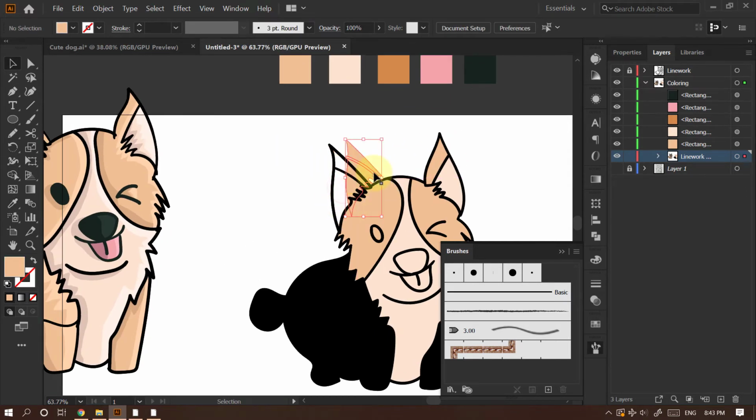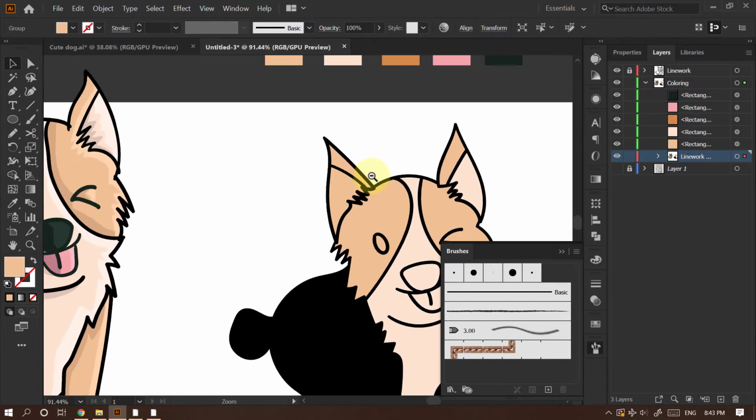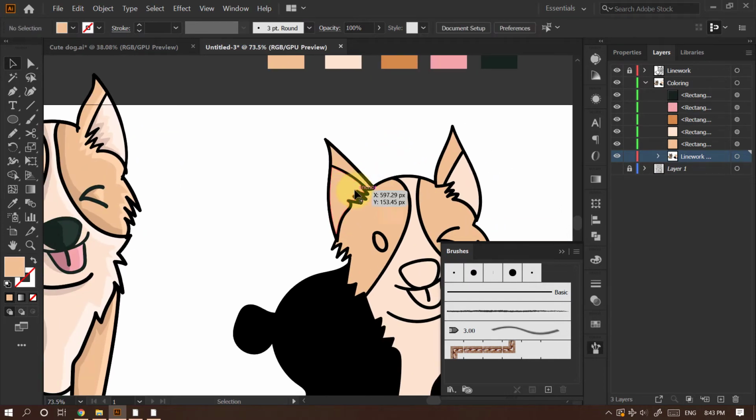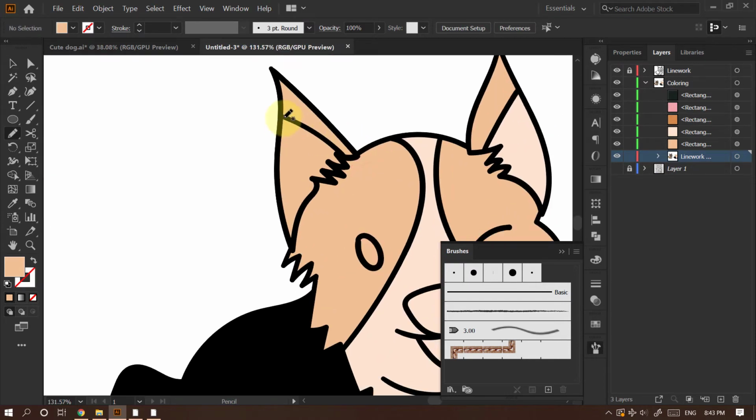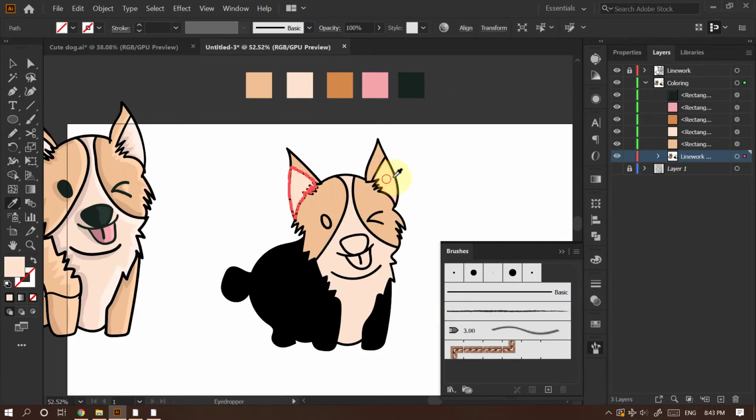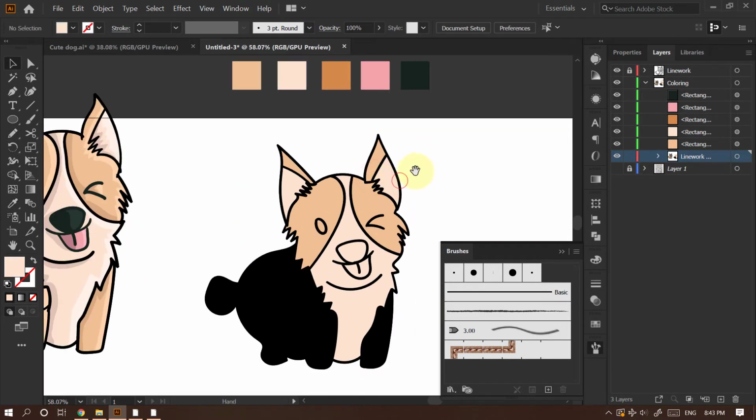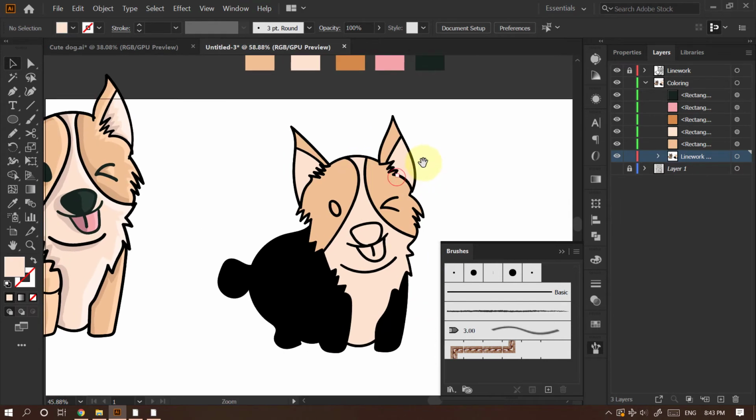Here you can see this shape is also a complete shape, so we will use the pencil tool again here. If these two were separate shapes, then we wouldn't need to use the pencil tool, we could color them separately. I hope you understand what I am trying to explain. If you don't understand, then please ask me in the comment section. I will explain it there.